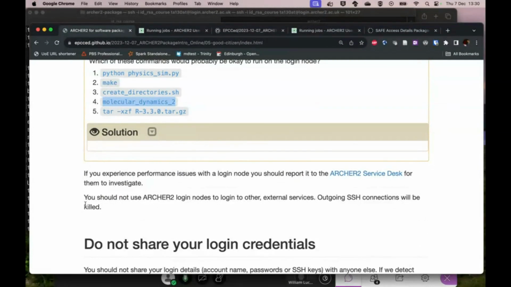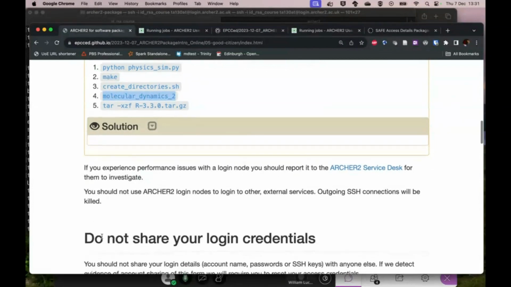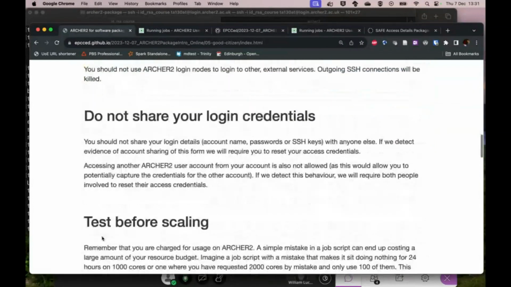It says you should use the login nodes to log into other external services. Generally, although this can work, we don't automatically kill such processes, if they get heavy. ARCHER2 is not really a jump host to other places. So outgoing SSH connections, it says, will be killed. I think they can be killed with no notice here, so there's no guarantee that they would work. So it's not a good idea to do it that way. More critically,